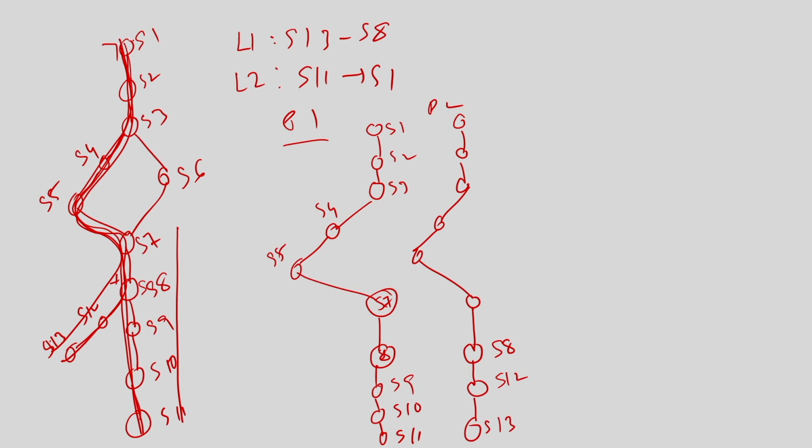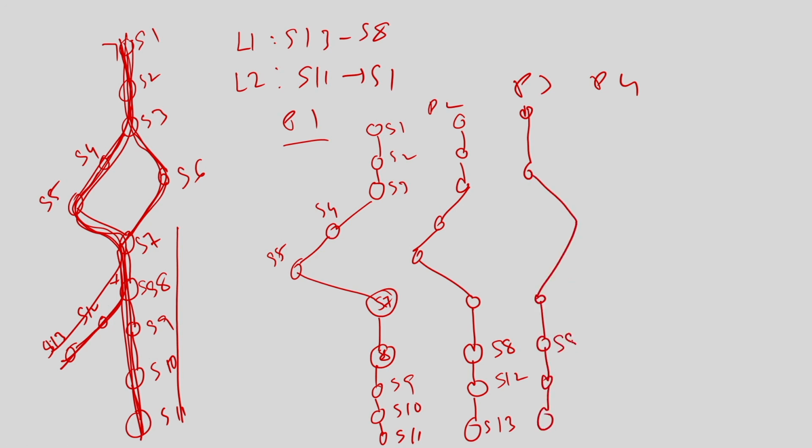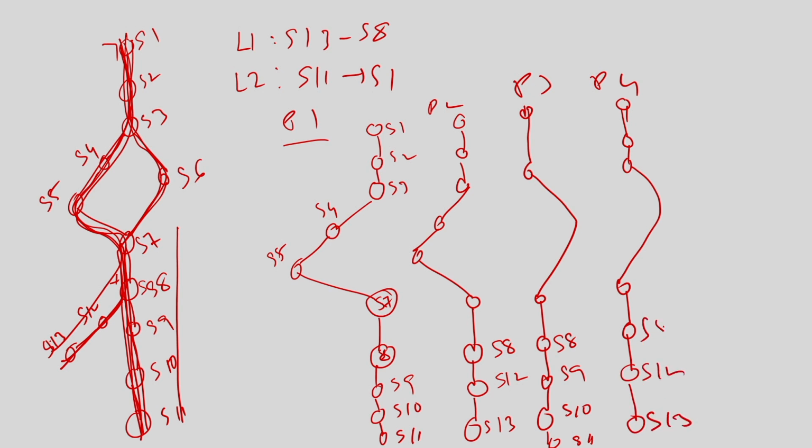So, similarly when you come through this, you will have one path through this and one path through this. Okay. So, there will be P3, P4. I am just drawing it quickly. So, this is my S8, S9, S10, S11. So, this is this path and there will be another one, P4, which will come the same way, it will take the else branch and it will take the loop path, right, S12, S13, this is my S8.